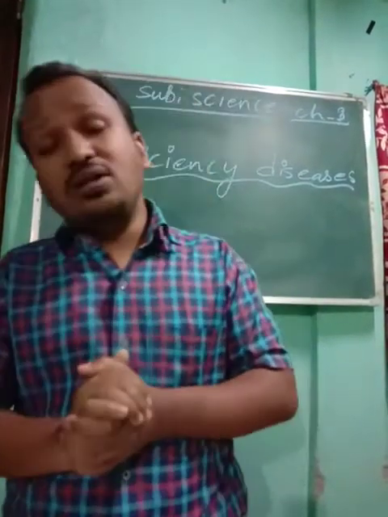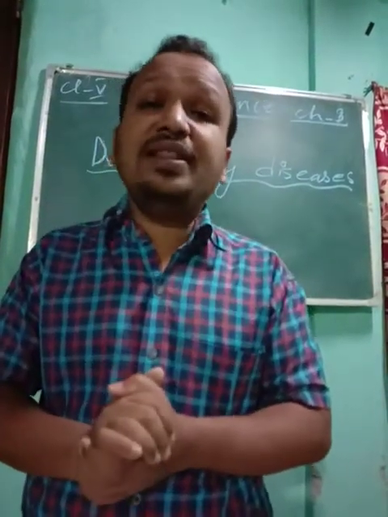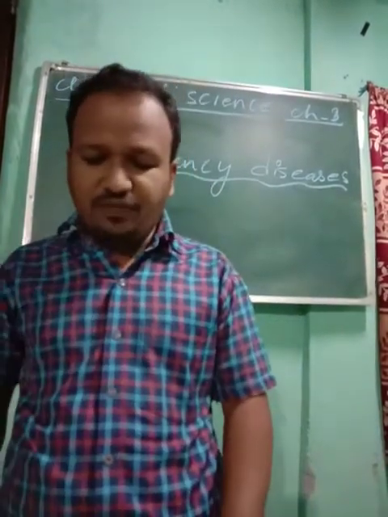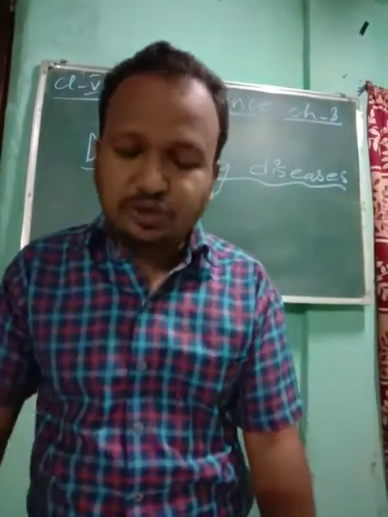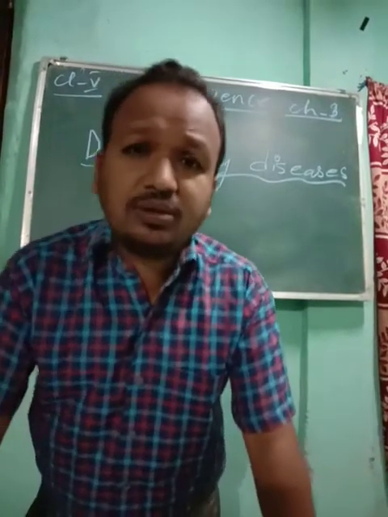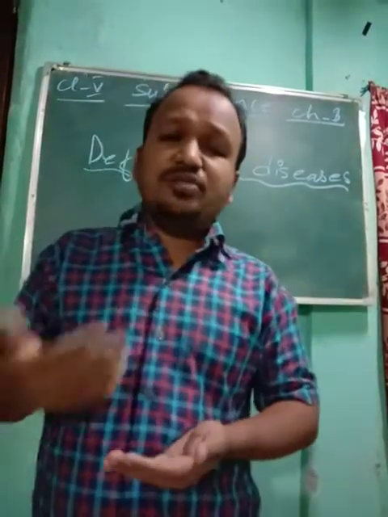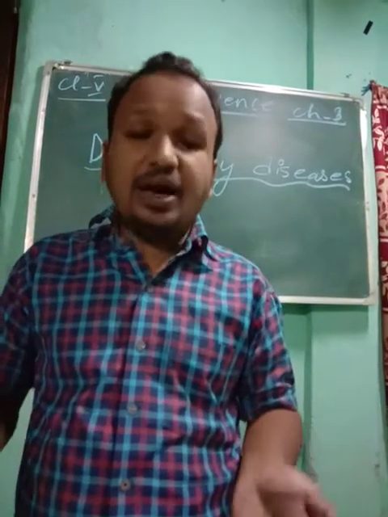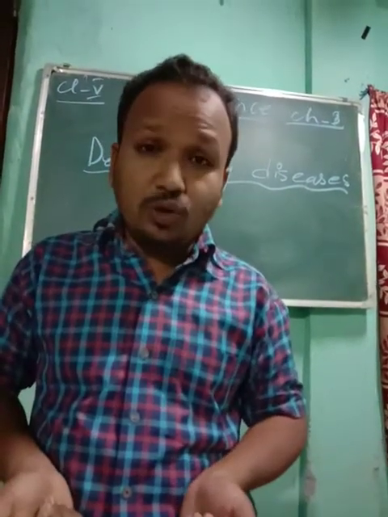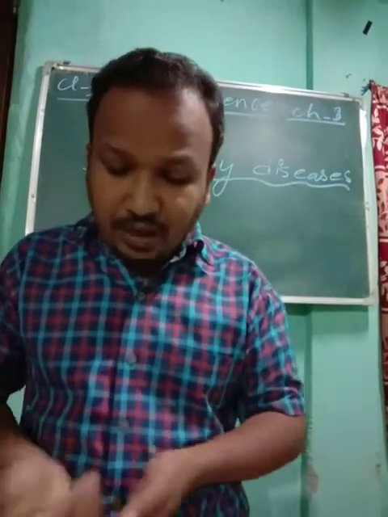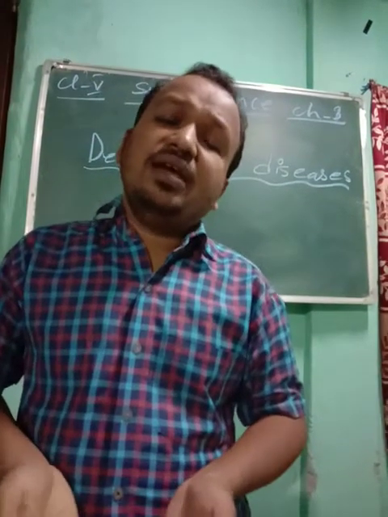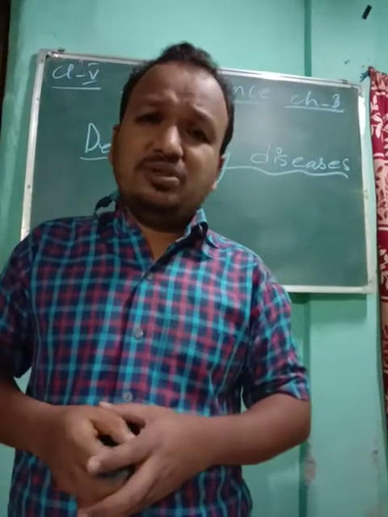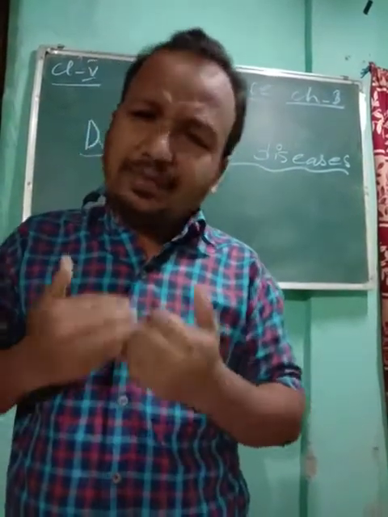Now why is it caused? Due to lack of vitamin A in the diet. So when vitamin A is less, a person will suffer from this kind of disease. So what should a person do? A person should increase the consumption of fruits and vegetables: papaya, carrots, mangoes, milk, butter, egg, fish. These all will help a person get more and more vitamin A, and the person will not suffer